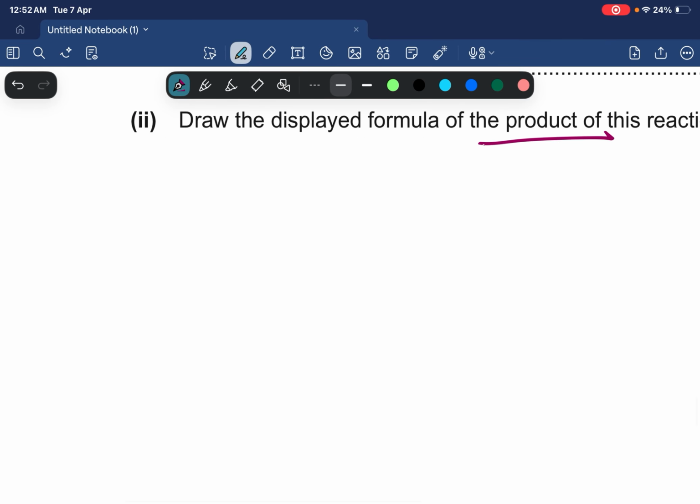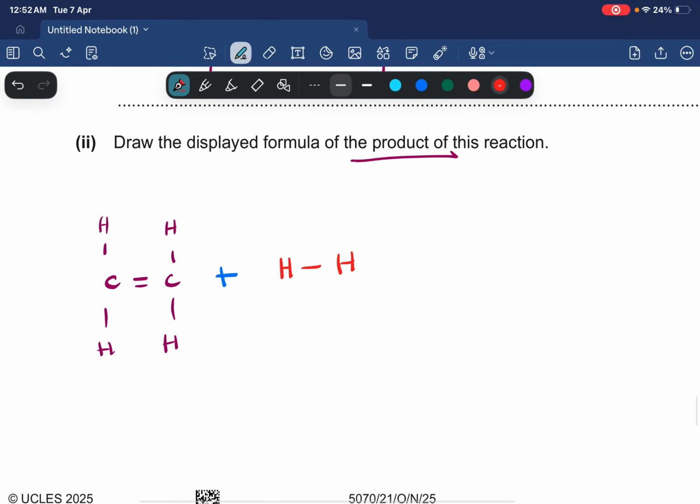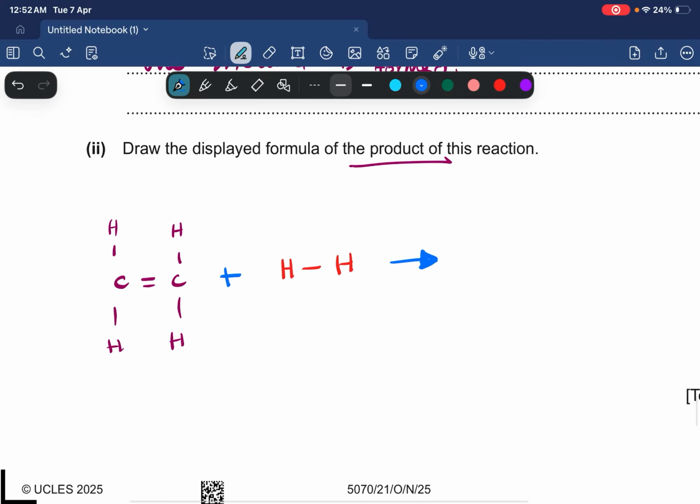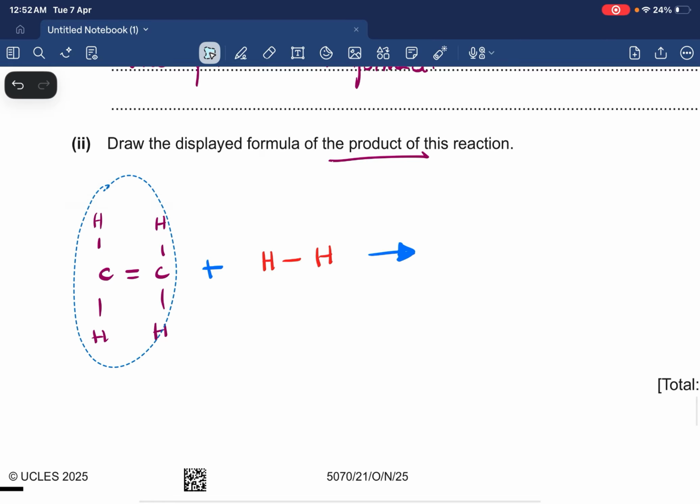Okay, so how is the product going to form? First we have ethene. I'm doing all the things. So this is my ethene. And then I have something that's called my hydrogen, like this. And then I'm going to form the product. You only draw the product, okay? You don't draw all this stuff. What's going to happen is that